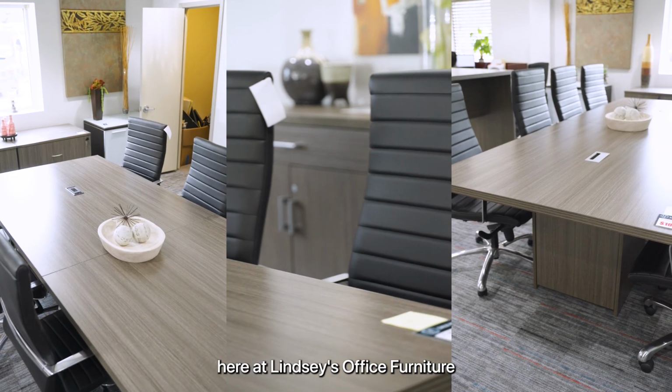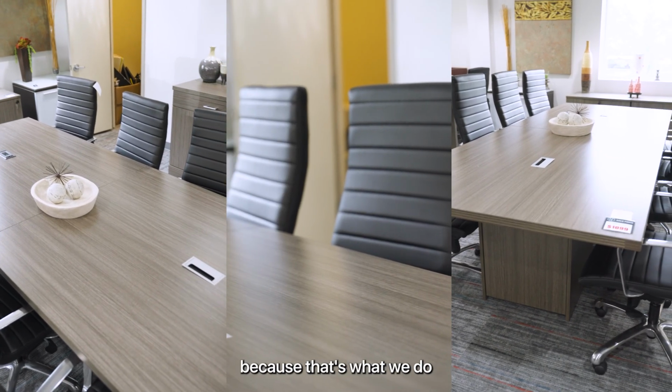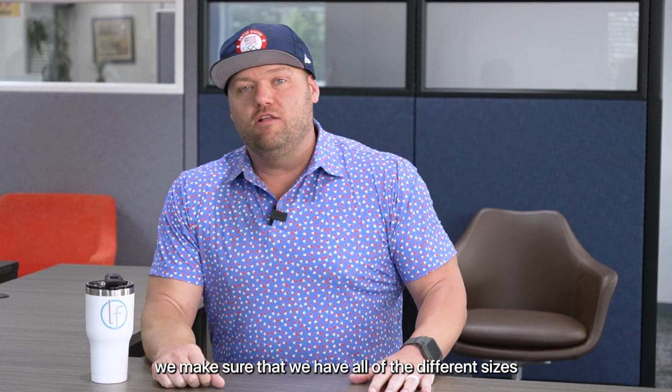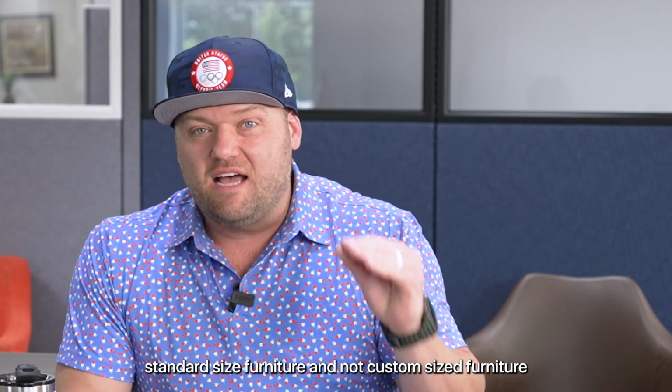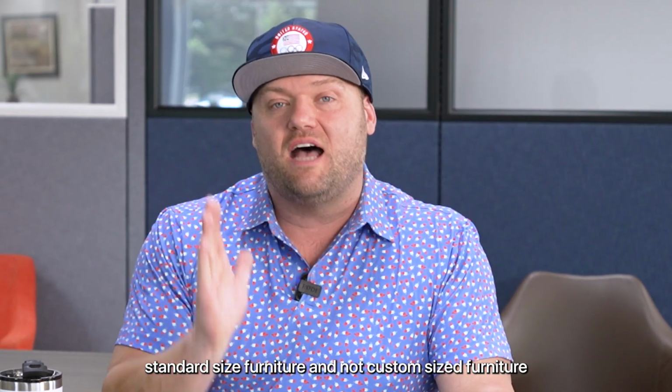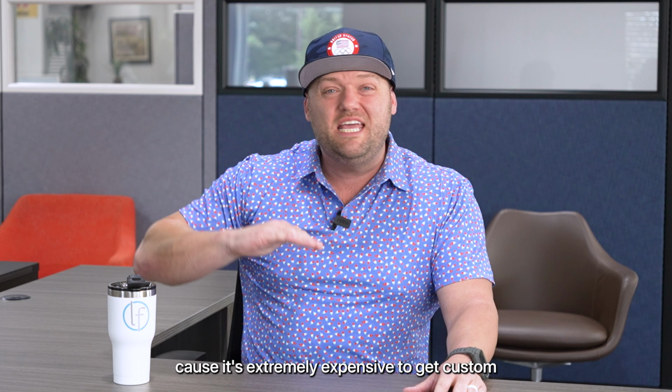Here at Lindsey's Office Furniture, we go all the way up to 16 feet, because that's what we do: we make sure that we have all of the different sizes for all of your different spaces. But make sure that you're laying out your space to receive standard size furniture and not custom sized furniture, because it's extremely expensive to get